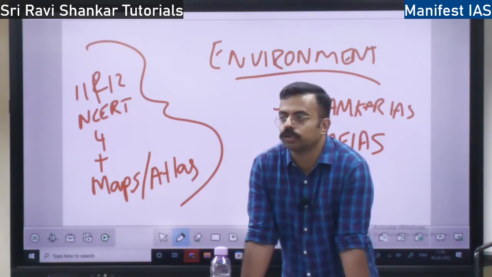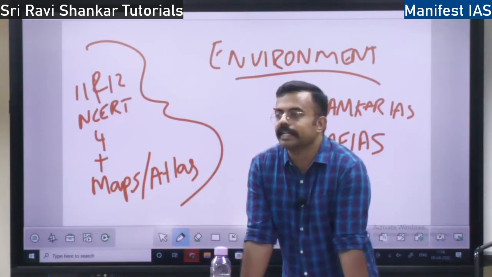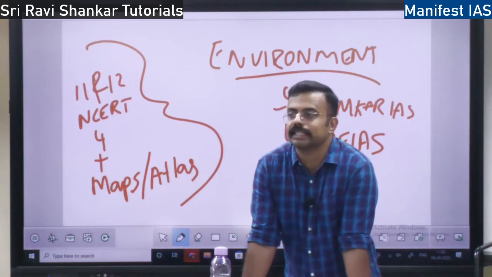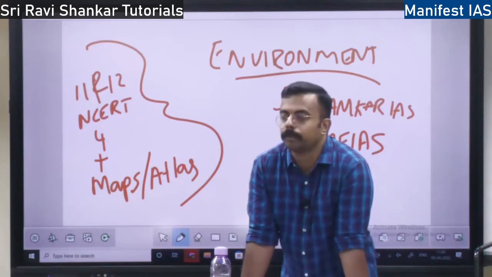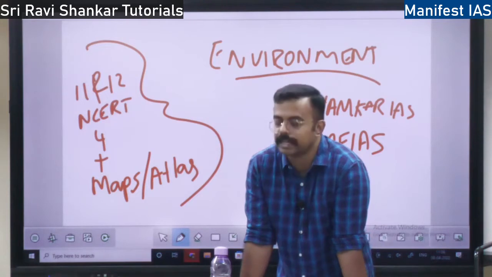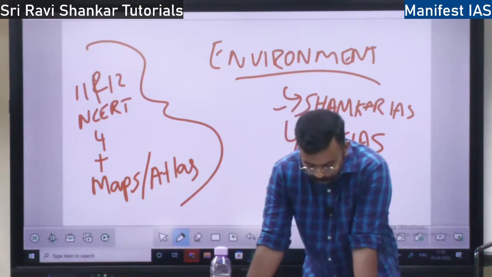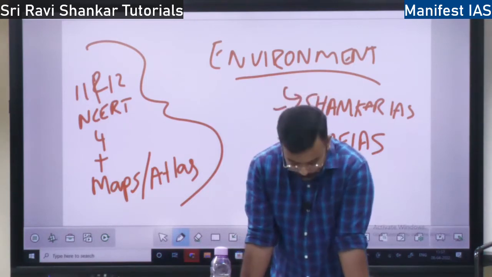Next is the concept of growth of population. See, the population can grow or it can diminish. If there is an increase in the number of organisms in a particular population, then there is population growth. If there is a decrease, it is a diminishing of population. So why will population grow? Birth and immigration. If there is more birth or more immigration, population will grow. If there is death and emigration, population will reduce. Then we have the concept of population density. Population density is the number of organisms per unit area. We have discussed it under human density.